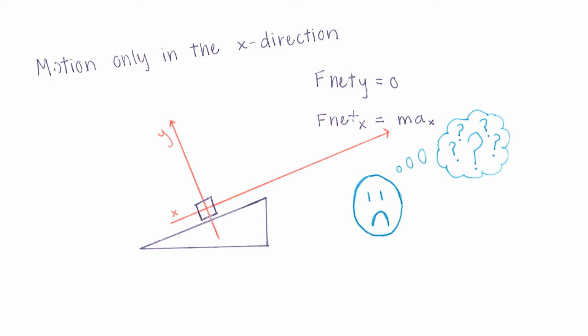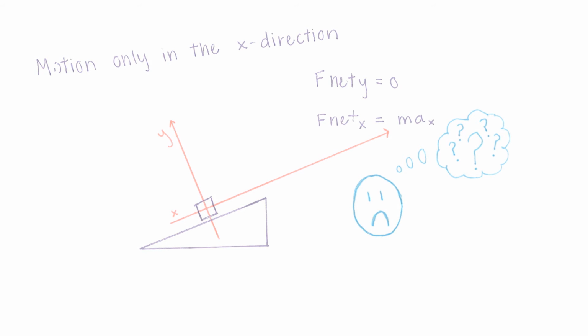Do we know it's accelerating, though? Oh, right. It is possible that the box won't move at all. Well, yeah, that. And it could be moving with constant velocity, so in that case, there'd be no acceleration. But either way, whether there's acceleration or not, the box can only move in the x direction. Okay, I guess it makes sense to use the tilted axes.